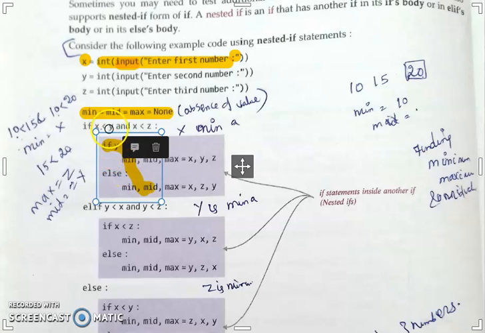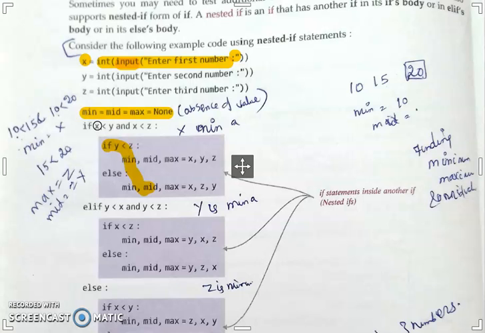Suppose this condition, at the initial stage itself, these two conditions will be executed only when this condition is true, because these statements belong to this if condition. Suppose x is not the minimum; first I have to find out which variable contains the minimum value, whether x, y or z contains it. After that only I am going to check which variable contains the largest value. First I am checking whether x contains it.